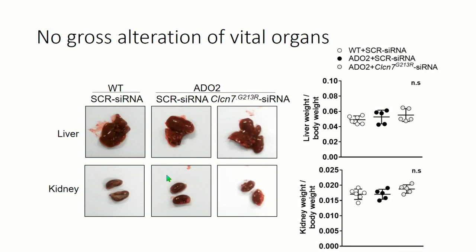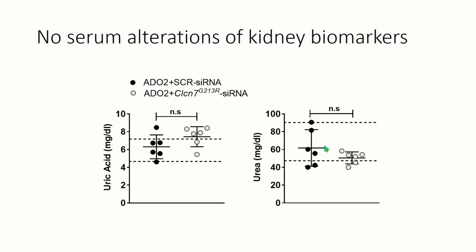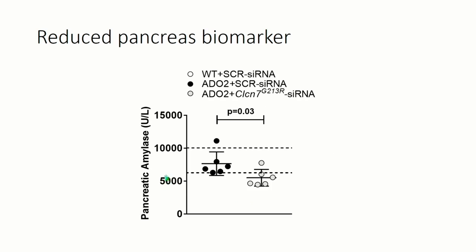Of course, we were concerned about potential side effects, but you see here that the macroscopic aspect of vital organs such as liver and kidney is normal. The weight of these organs is normal. Histopathologically, we didn't see any obvious changes in liver and kidney. Uric acid and urea were not significantly changed. The GPT liver biomarkers also. We only found a reduction of the pancreatic amylase, but we looked in the literature, and there is no pathological meaning